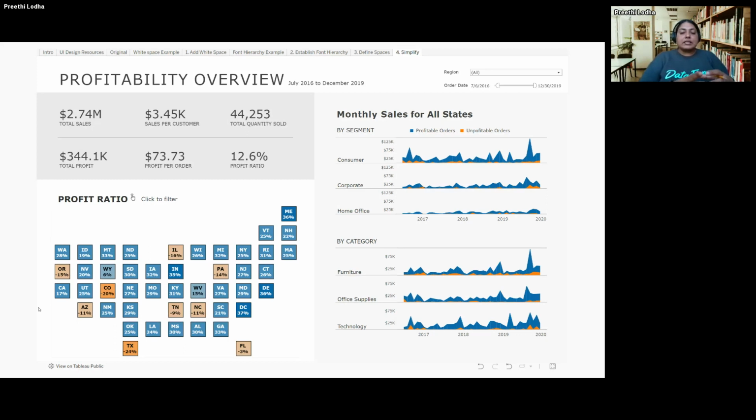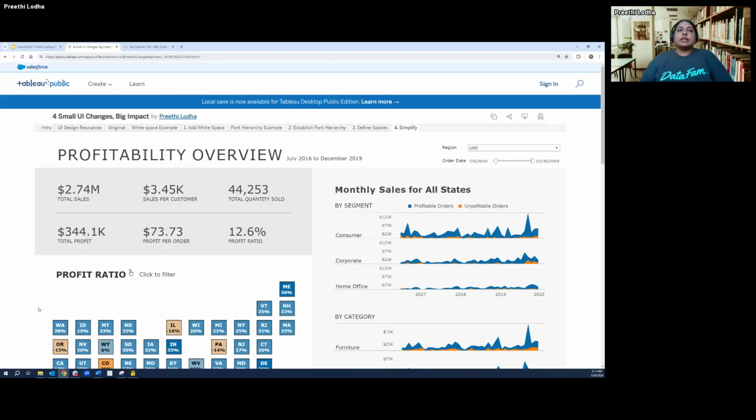With these little things, you can create a sense of flow that will make this visualization much easier for your audience to read. These are the few tips that I'm implementing when I'm trying to clean up the dashboard. I'm more than happy to hear what you all use or what tricks you have learned in creating this. And that was a quick overview of what I had to share with you all.